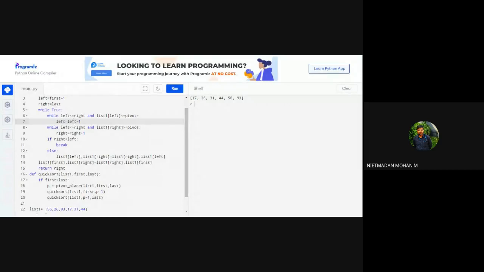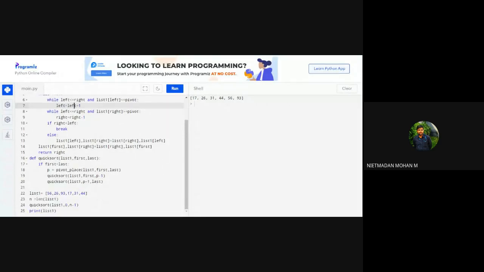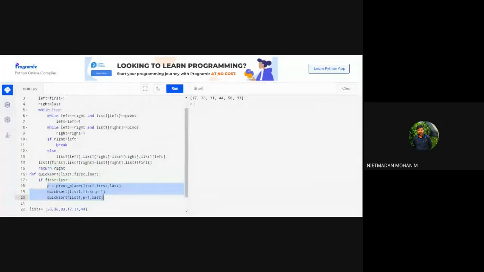Here p is equal to pivot(list1, first, last), and quicksort of the left and right parts. Those three lines are your recursive function. That means the same process will happen again and again for the first and last value. That is the process.